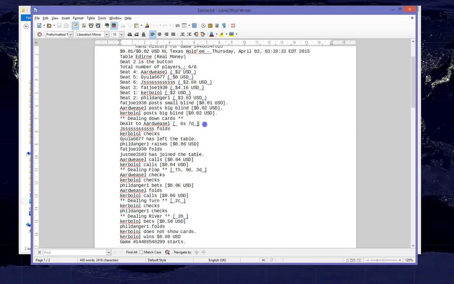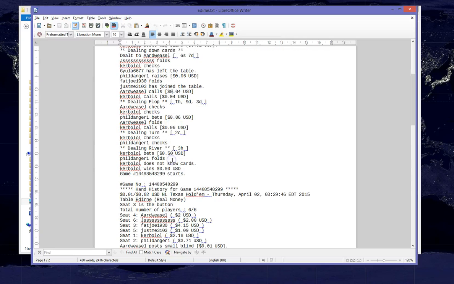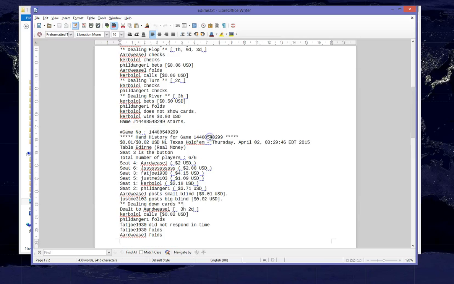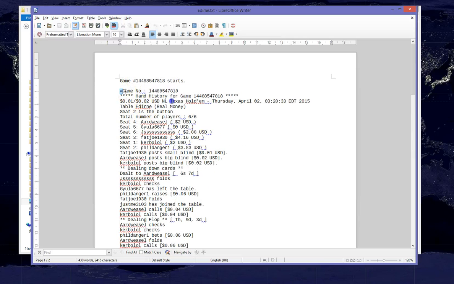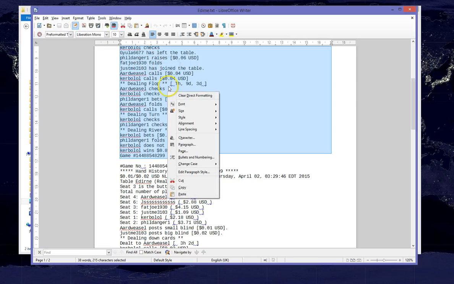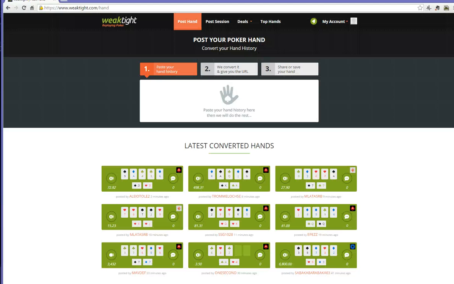So we can see our first hand where we decided to play 6-7 offsuit is here, and our second hand where we had 3-2 offsuit is here. Let's assume we want to convert the first hand into Weak Tight format. We simply select the hand, we right click, we go to copy. The next stage is to open the Weak Tight hand converter, which can be found at